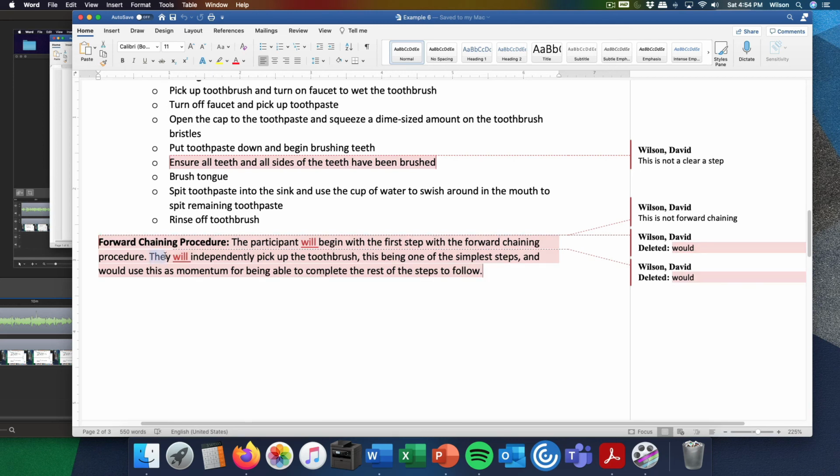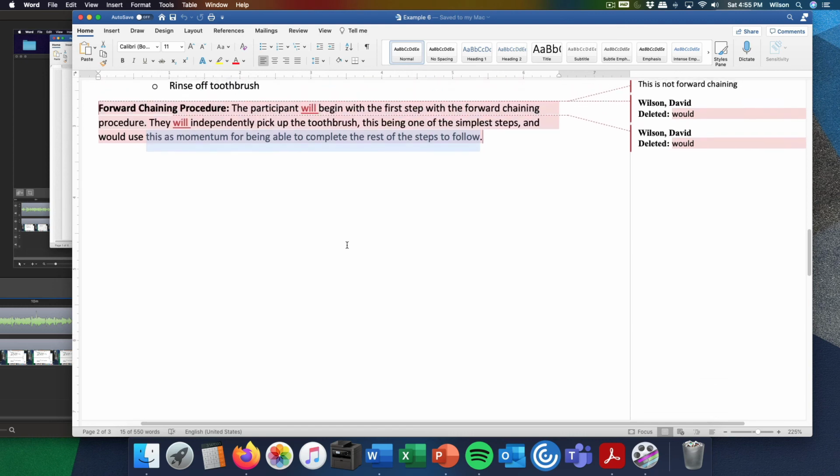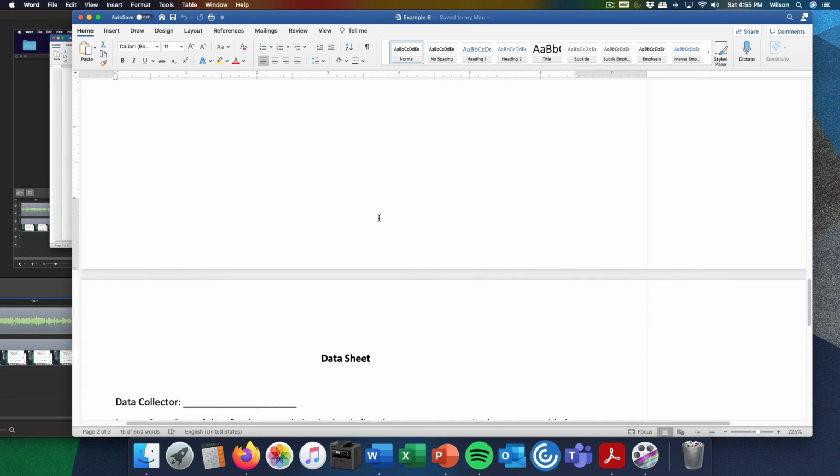You also have here they. We need to know who. Do you mean the therapist or do you mean the participant or the client? We're not sure. Is picking up the toothbrush a simplest step? Again, as a scientist or as a behavior analyst, we can't make assumptions like that. And then that it's going to be momentum to complete the rest of the steps. That, again, is scientifically an incorrect statement. We can't say stuff like that. And it doesn't really make sense that just because you do one step, there would be momentum to complete the rest. So this